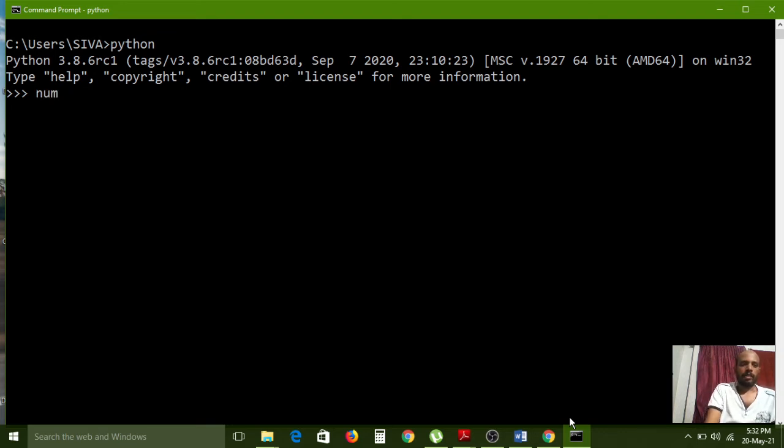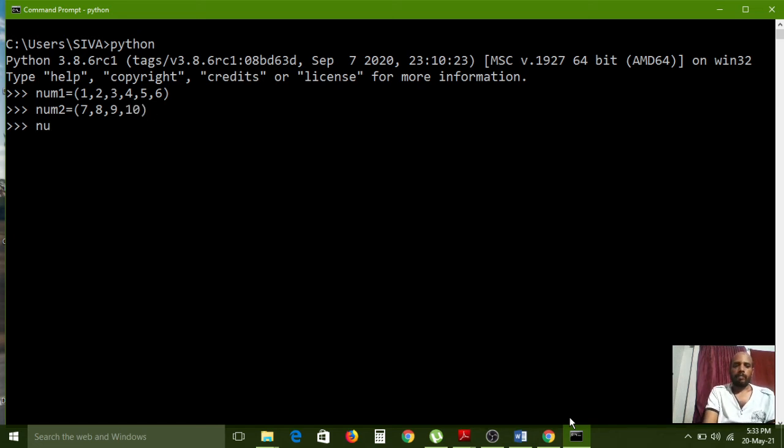Number one tuple, in opening brackets 1 2 3 4 5 6. So the first tuple I have created, and next num2 is equal to opening bracket 7 8 9 10. I have created a tuple with 4 elements.